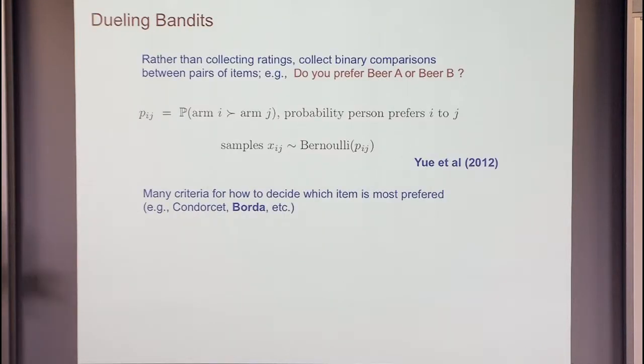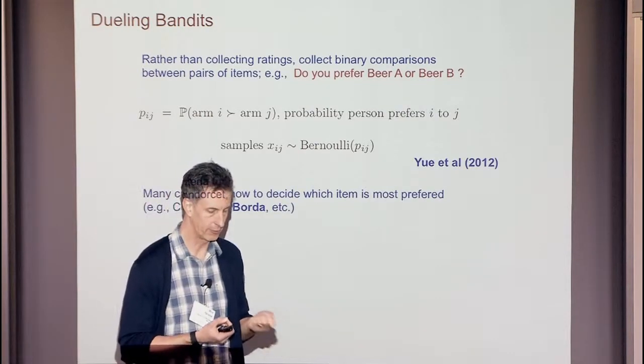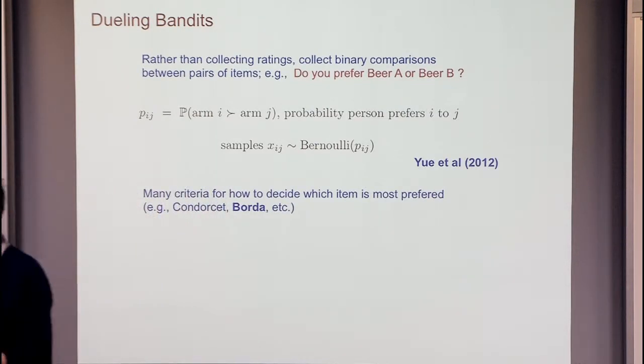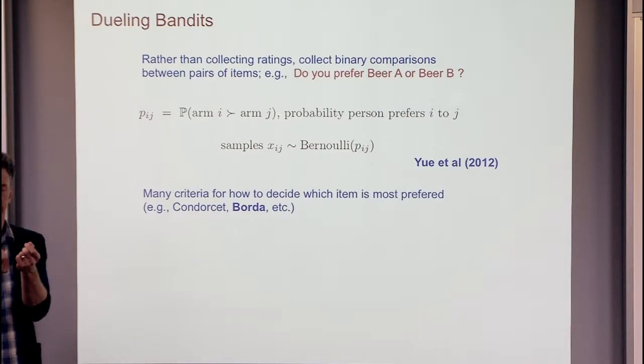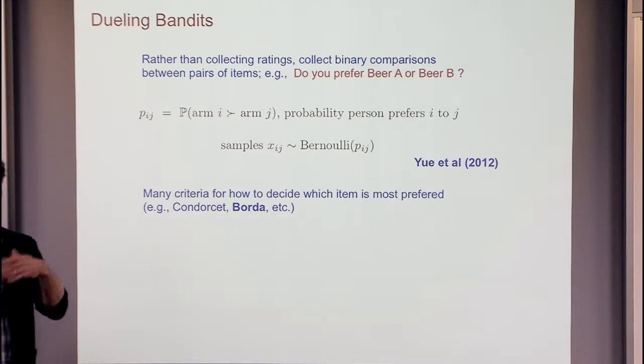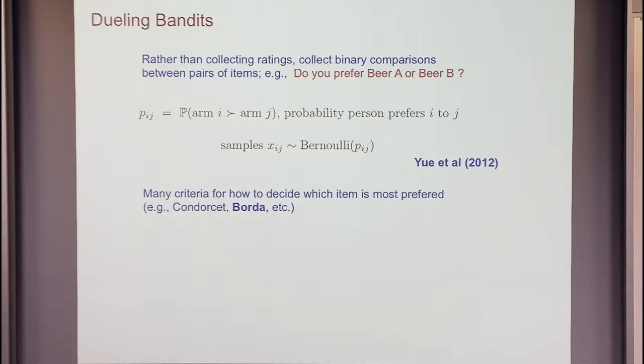So another thing that they're really interested in, which takes me to the second idea I wanted to convey today, is that they're often not interested in getting ratings or scores from people because it's hard to calibrate different people. Instead, they'll just look at comparative judgments. Okay, so they'll give people a forced choice between two items and say, which one do you prefer? Or which one's better in some sense? That's a paired comparison forced choice experiment, very common in psychology.